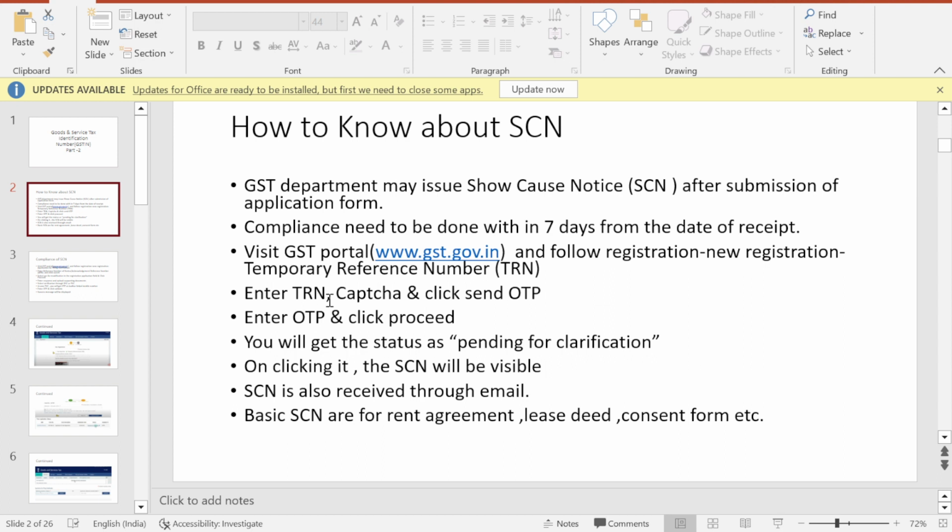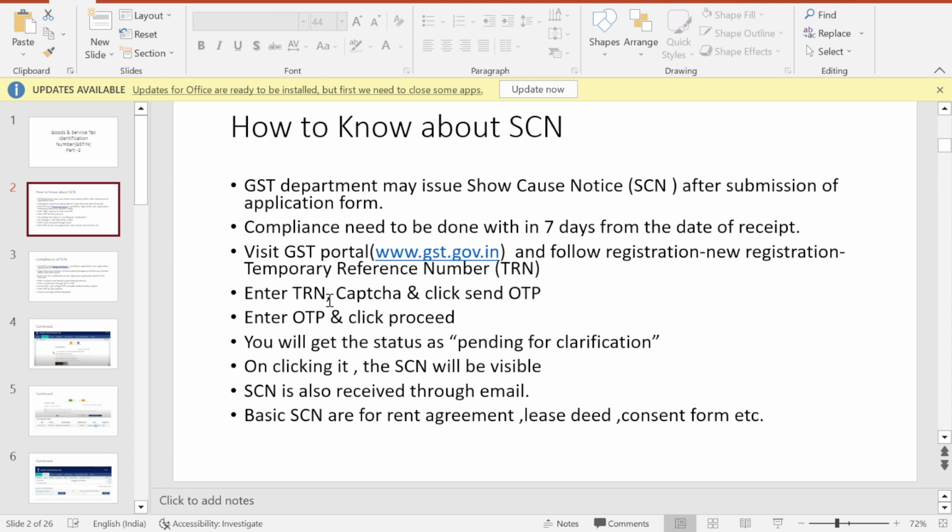You will get the status of pending for clarification. You will get information like what is your ARN number, what is the SCN, and pending for clarification is also mentioned against the status. You click this pending for clarification, and you will get the so-called notice. So this is process one, that is through TRN.